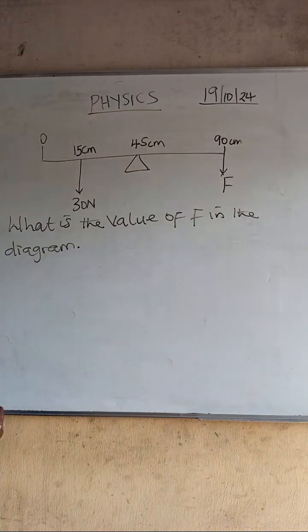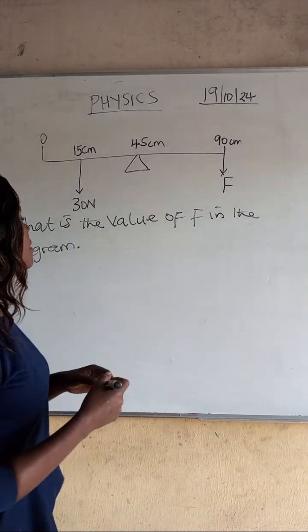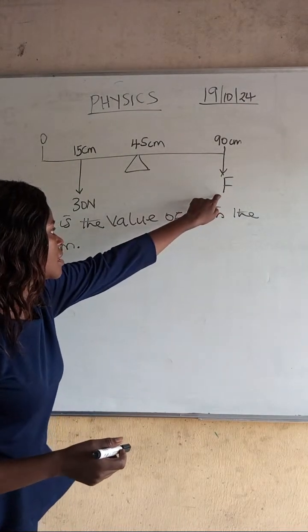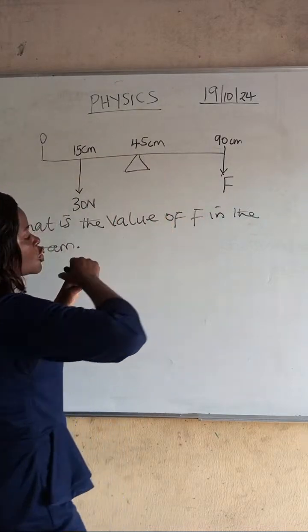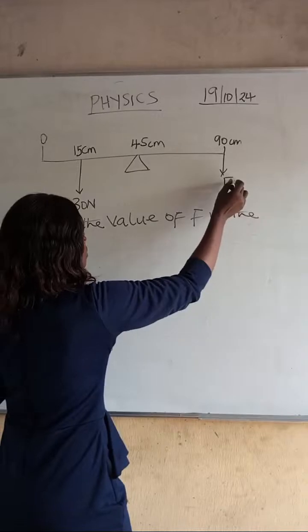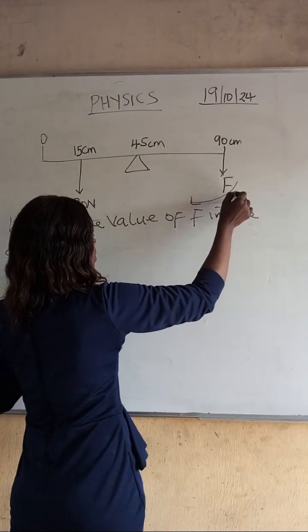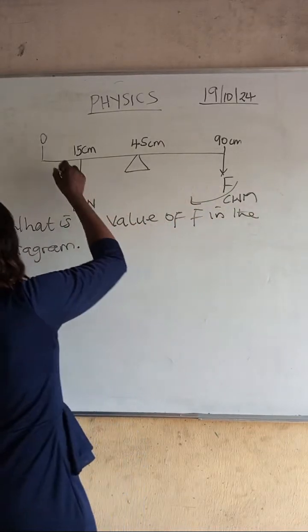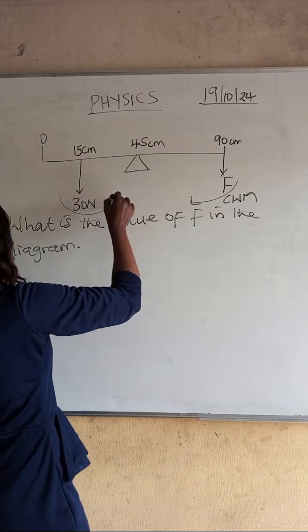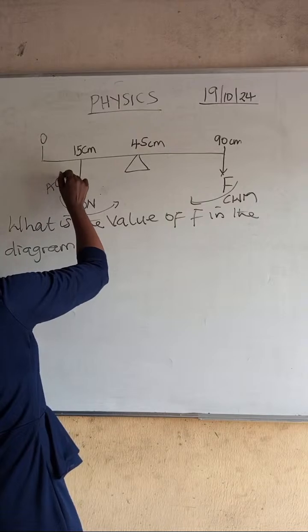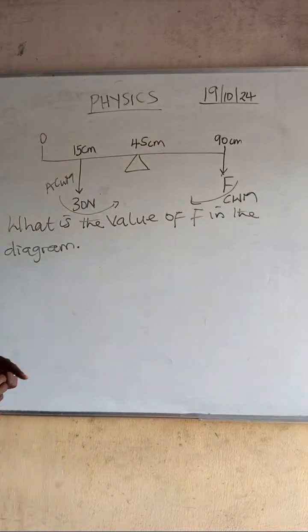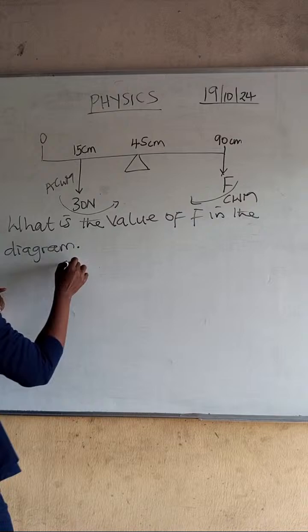Now, look at this. That is still under clockwise and anti-clockwise moment. Now, this F is the force. And the distance from here to here, we're going to subtract. Okay? So this is what? Clockwise moment. While this is what? Anti-clockwise moment. So what do we do now? The clockwise moment